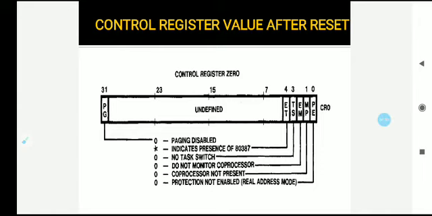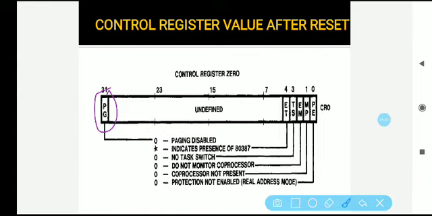Now next is the control register value. These are also called CR0, control register 0. As you know, there are 4 control registers present. So the control register contains predefined values. We are going to see them one by one. First is PG. PG is paging enable. As shown in the diagram, the PG value is 0, means paging disabled. So these are the predefined values.